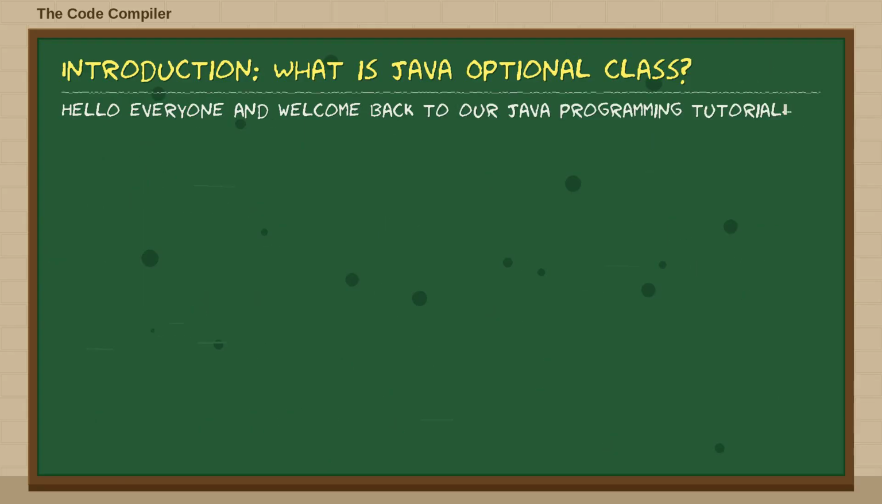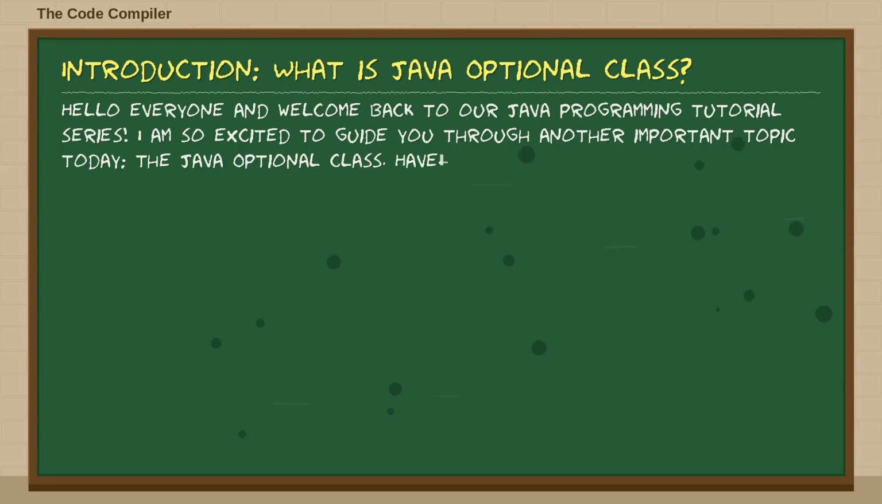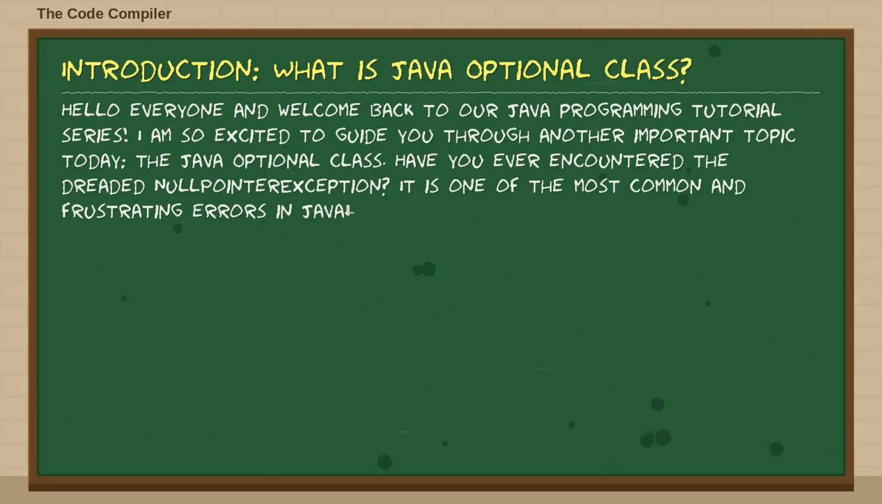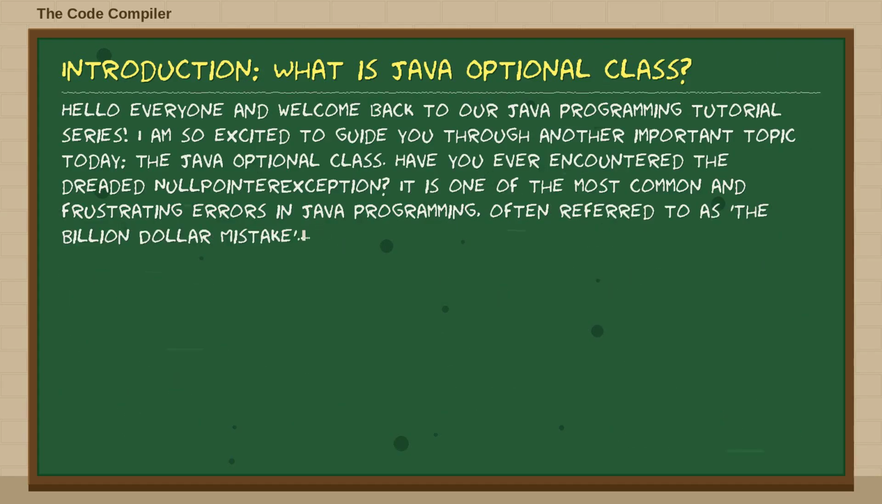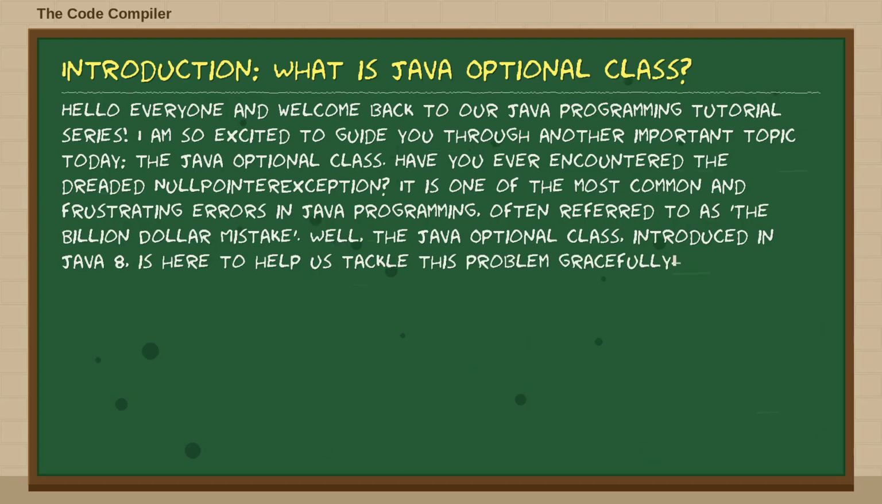I am so excited to guide you through another important topic today, the Java Optional class. Have you ever encountered the dreaded null pointer exception? It is one of the most common and frustrating errors in Java programming, often referred to as the billion-dollar mistake. Well, the Java Optional class, introduced in Java 8, is here to help us tackle this problem gracefully and write